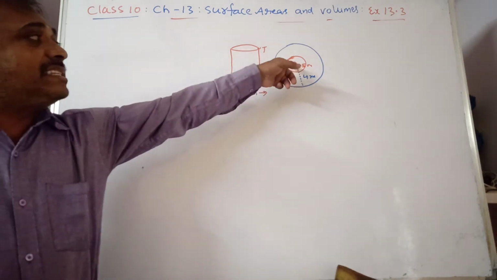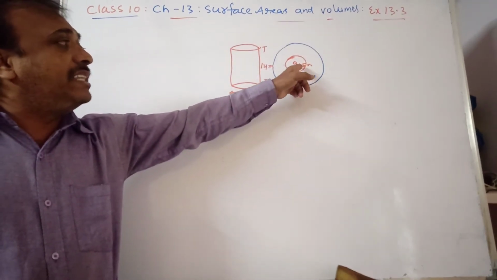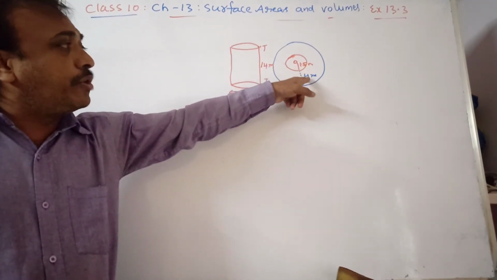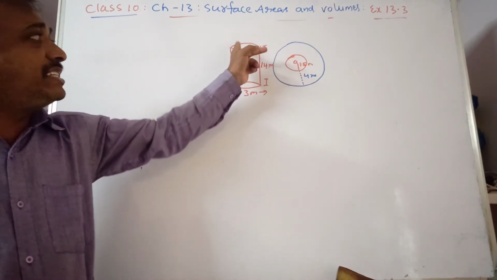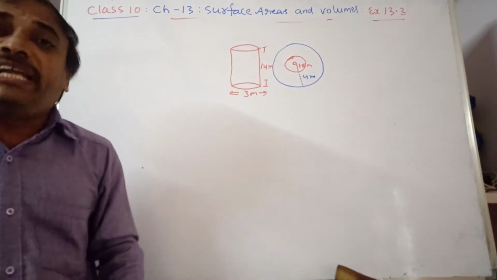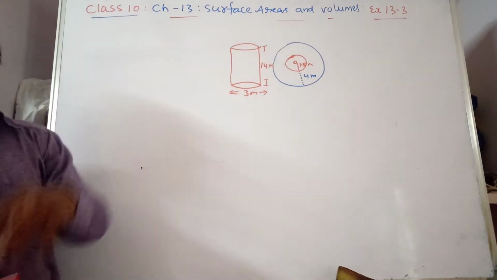Like that, this is hollow, and the outer one has a width of 4 meters. So the radius from here to here is 5.5, and the inner one, which is nothing but the well, is 1.5 meters. So the volume of the well is equal to the volume of the embankment.